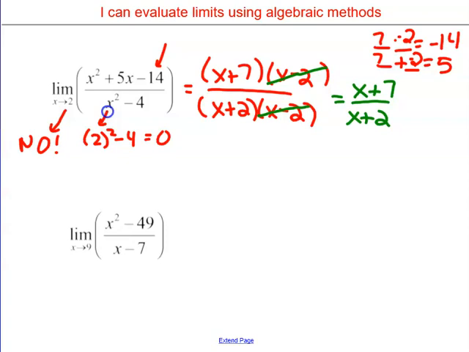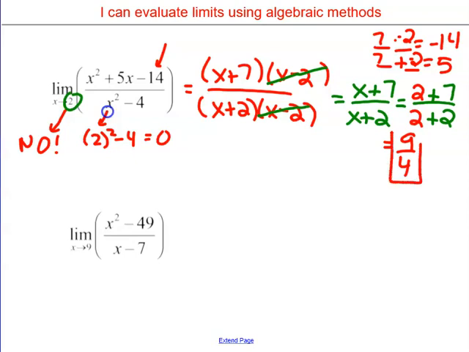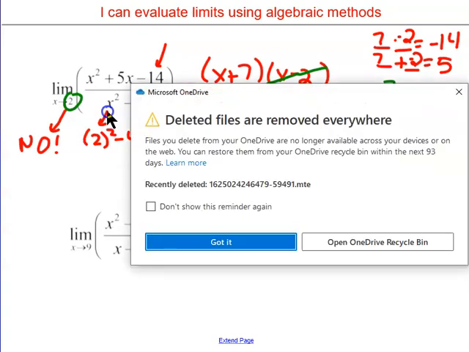And now if I go back and I plug in that 2, 2 plus 7 is 9, 2 plus 2 is 4. So we end up with 9 over 4. Now I can change it to a fraction, but I can just leave it 9 over 4 as well. Okay, so now I'm going to try a 9. What happens